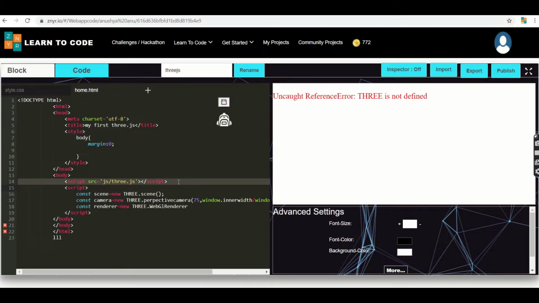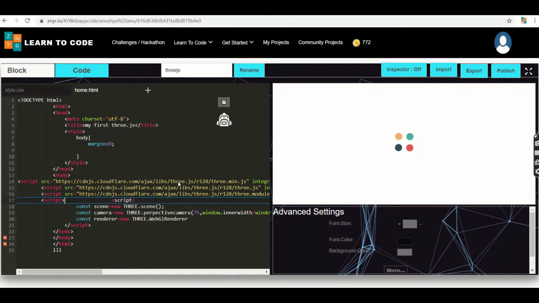I'm just deleting this part and adding this link, which activates the scene, camera and renderer in our Xenia platform. I can give this particular link in the description below. You can utilize it. Once it is copied into the HTML part alone, it will work. Otherwise, it won't work.